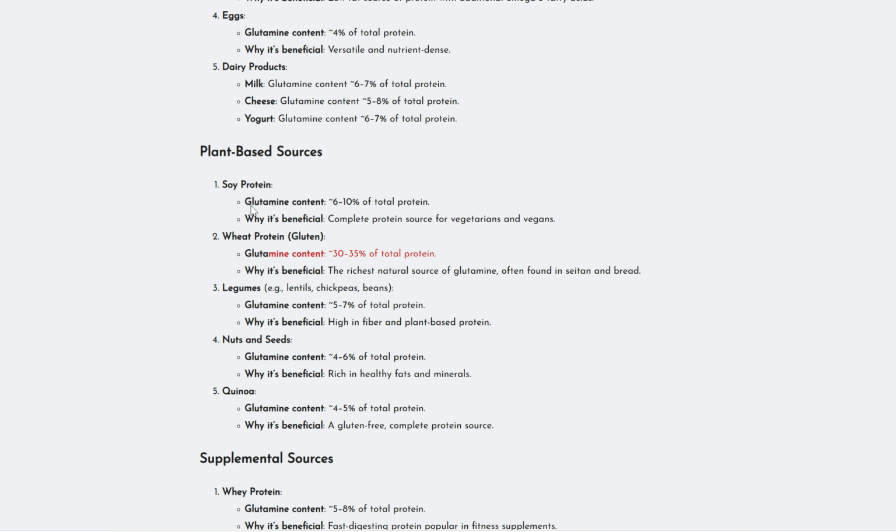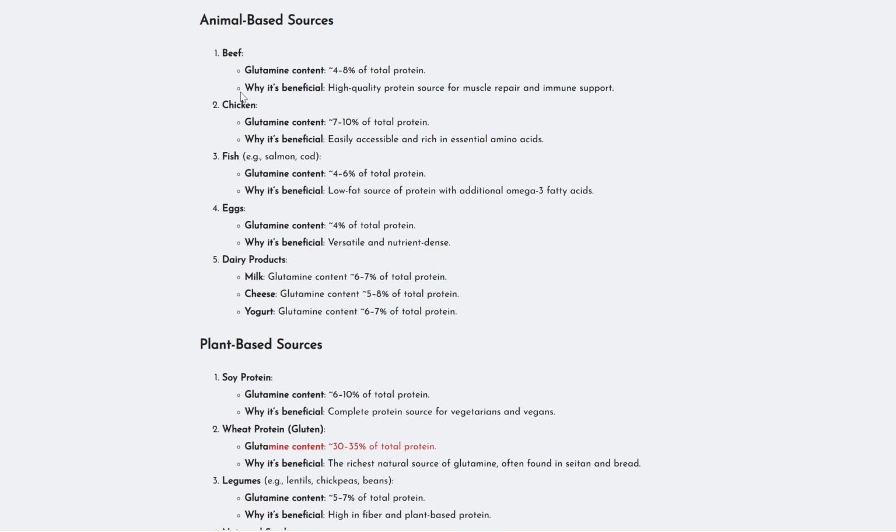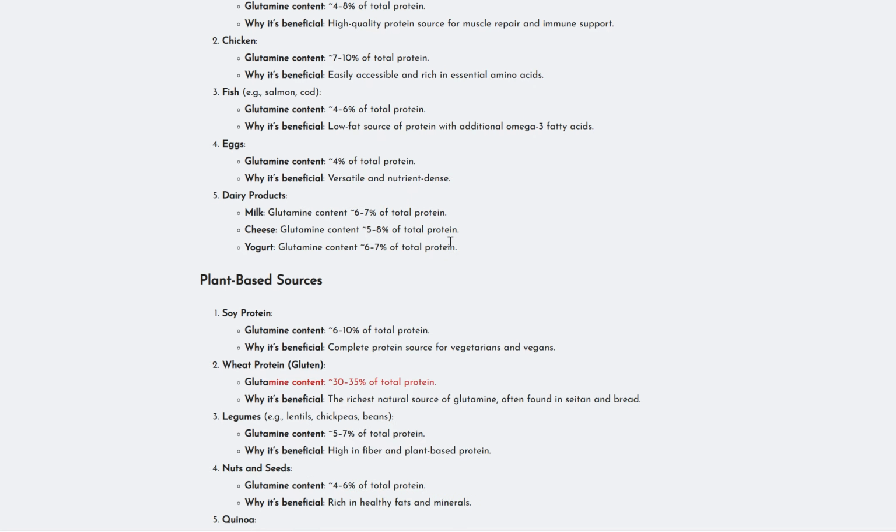It means you have to remove all these foods and get what is considered to be the purest form of amino acids you could get, which is why I would say